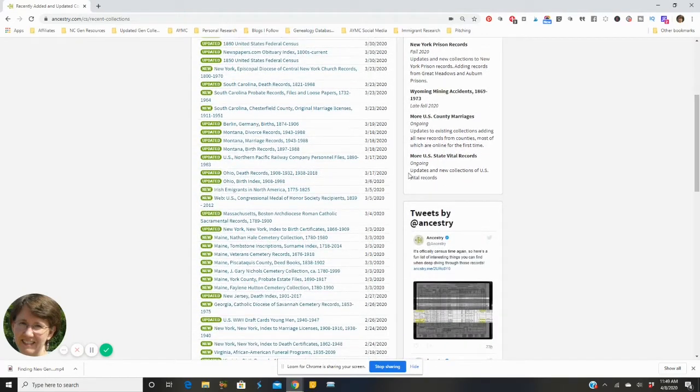And one of the things I see right here is the U.S. Northern Pacific Railway Company personnel files. Well, that's an interesting set. That's not your norm that you would think about. Now, if you have ancestors who worked in the railway, this would be a set that you'd want to check out. Now, I don't have any ancestors who were part of a railway that I'm aware of, but